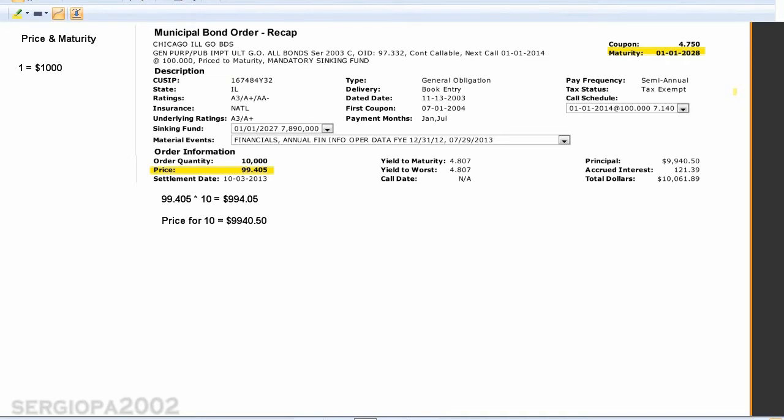But how much money are you going to get back? Well, instead of getting back $9,940 with 50 cents, you're actually getting back 10,000. That means 10 bonds multiplied by 1,000, which is my benchmark here. So that's why the bonds are priced this way, and if you buy it for less than 1,000, you get a discount, so you're getting more money at the maturity date. Or if you get it for a premium, you are getting actually less money than what you